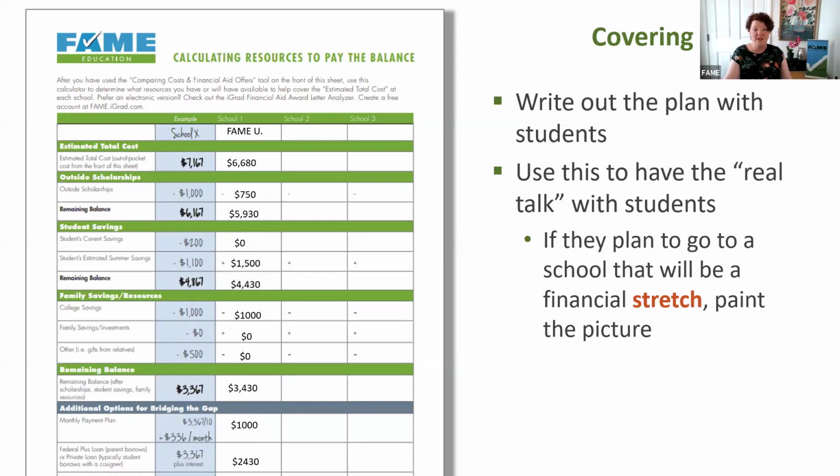I think this is great to work with students who are looking at some more expensive schools, and then really being honest about how much student loan debt is too much. I'm working with a family right now that's looking at a private student loan of $25,000 a year, in addition to their student taking out their federal student loans. That student would need a starting salary above $100,000 a year in order to comfortably pay back that student loan. Well, we know based on what the student is interested in, that's probably not going to happen.